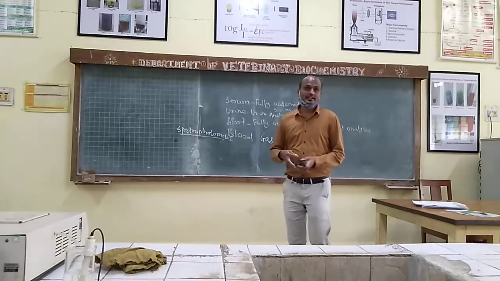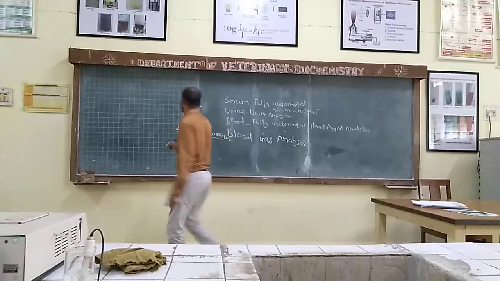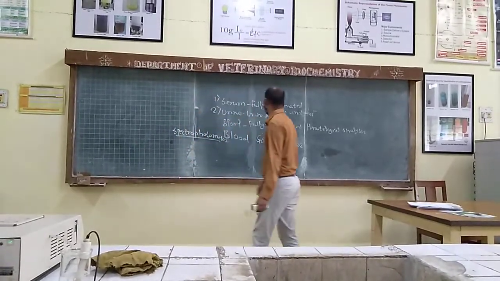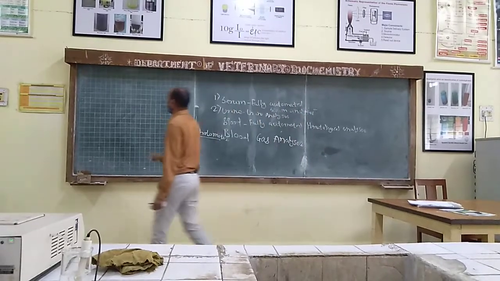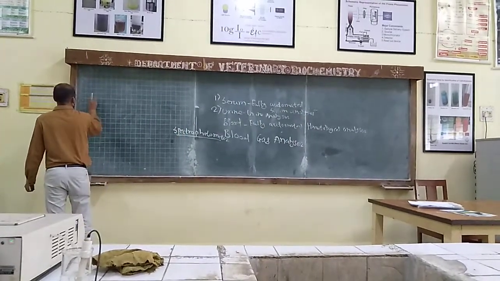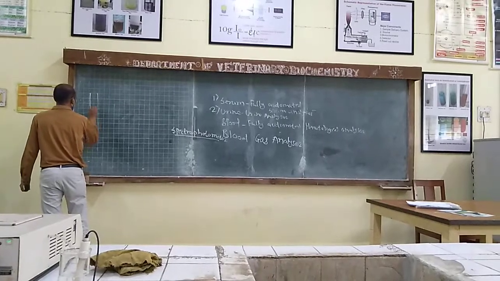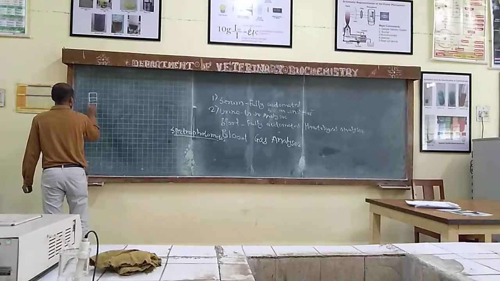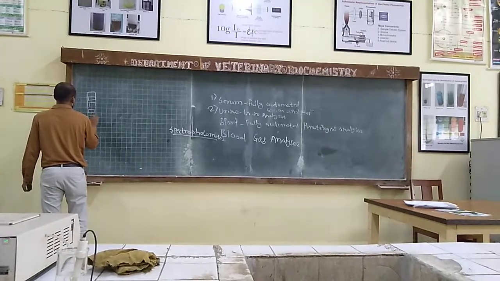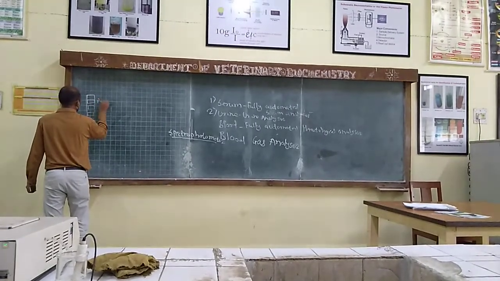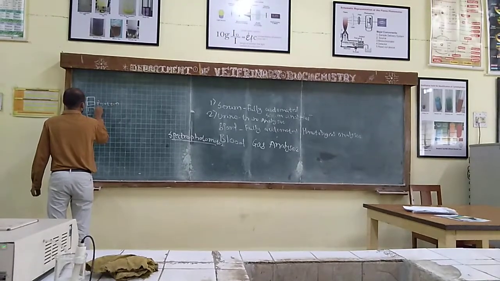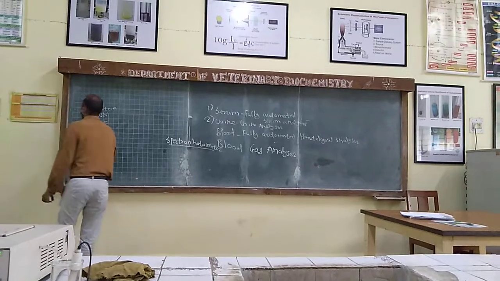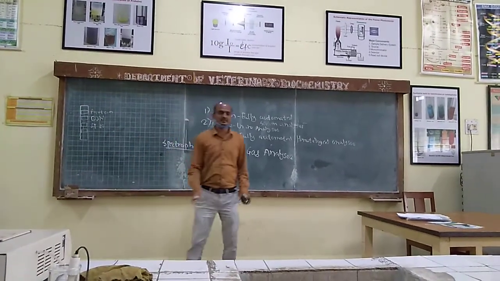The next thing is a urine analyzer. Okay, the first thing is over, the second thing we have is the urine analyzer. For the urine analyzer we have strips like this. This is a urine strip and it has a color coding like this. This is for protein, blood urea nitrogen, specific gravity. Like this, 10 to 15 parameters will be there.